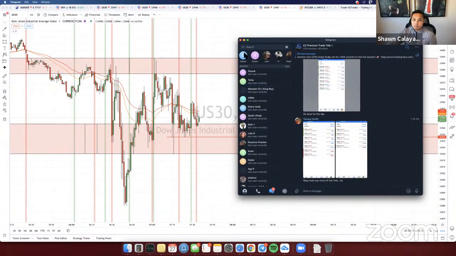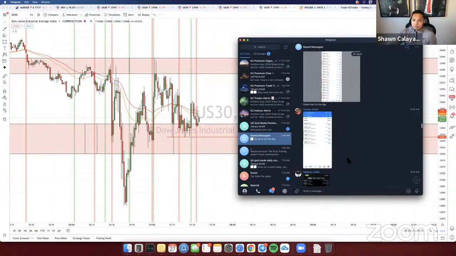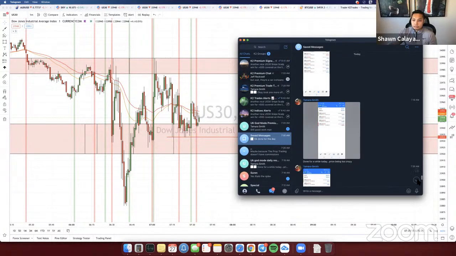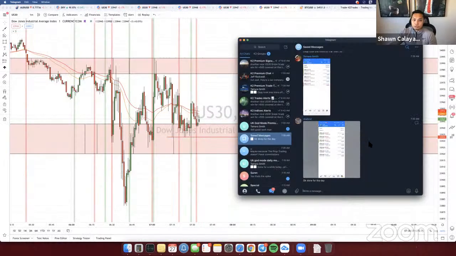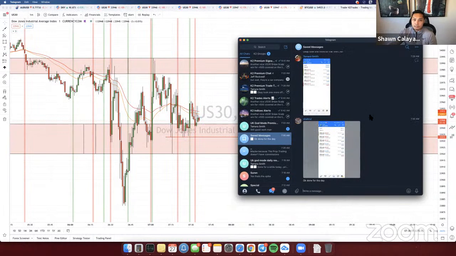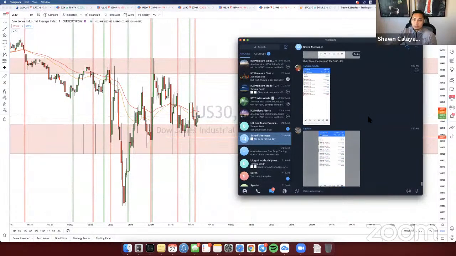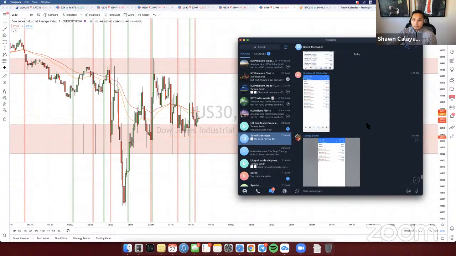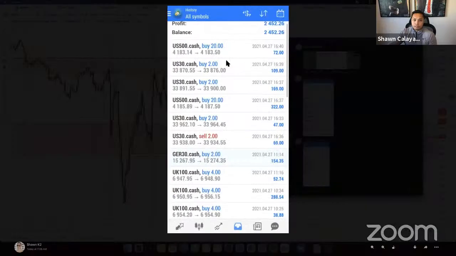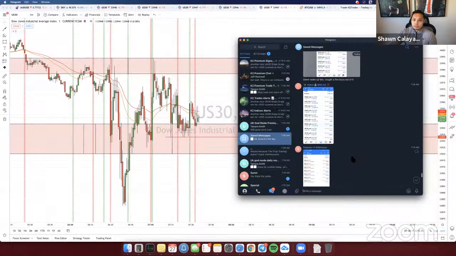If you look at everyone else's results here, some people take a lot of trades, some people don't, right? Looking over here, Sharul took 7. There's more trades than what I call and what I take, because other people take their own trades as well. Tam takes about 5 trades this morning. Cheryl takes like 20 to 50 trades a day, but she makes a lot of profit on her own.